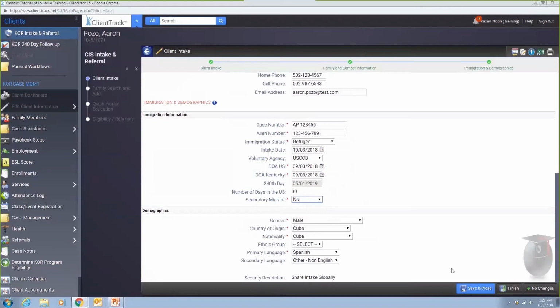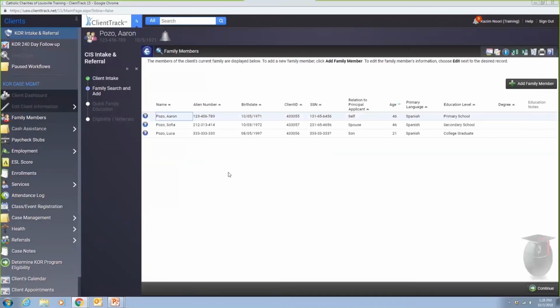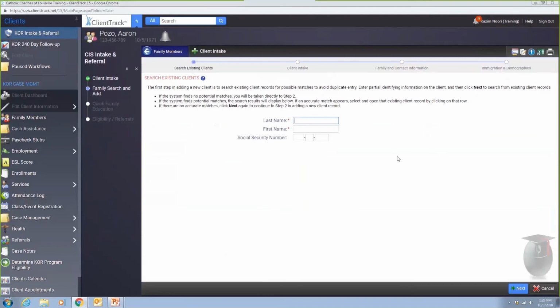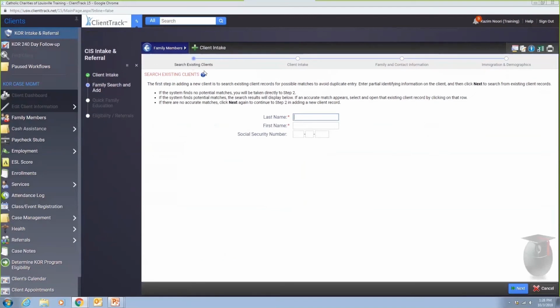So when we close and save that, it will take us to the next step of the workflow, which is adding family members. Currently, there are 2 other family members added to this family, the spouse and son. But if you want to add another family member, we can just click Add New Family Member, and it will bring us the same intake form that we used. For example, if I want to add another client here,